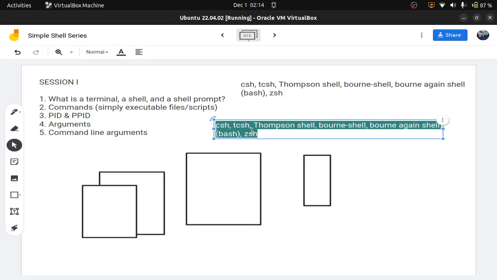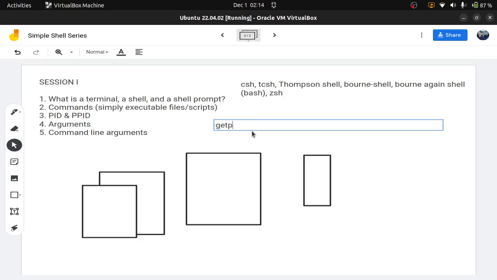Well, I ask you to learn about system calls, so you find out. Get PID. You can put it in the comments. Let me see: is getPID a system call or a function? We've learned about getPID, and now we're going to learn about something